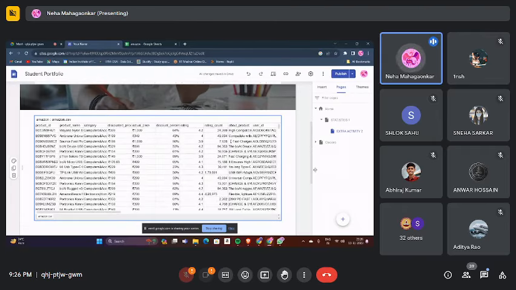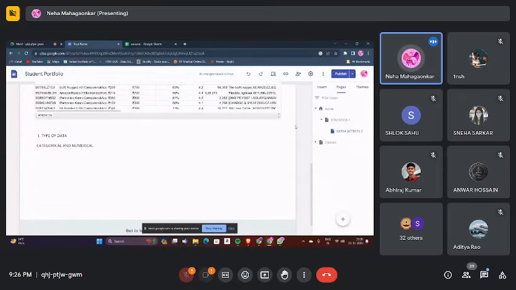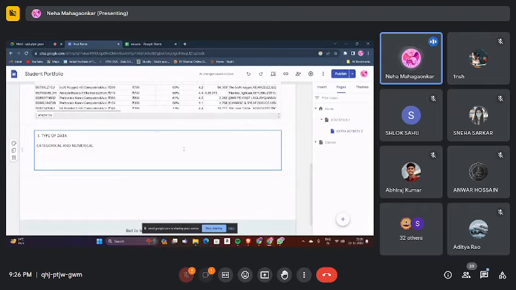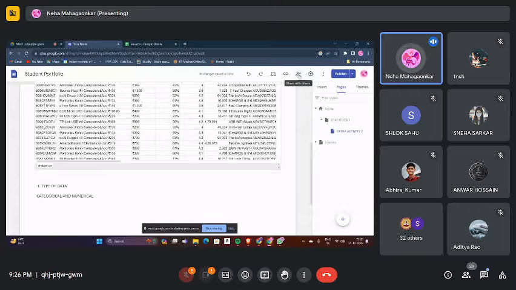in your portfolio, and then do all the questions that they've given, like segregate the data into categorical and numerical, then segregate it into scales of measurement, and then segregate it into discrete and continuous. And then again, publish it, give it permission, then copy the link and paste it in your